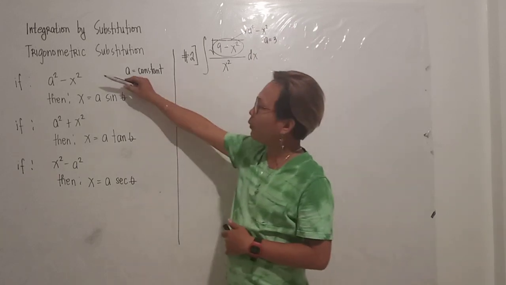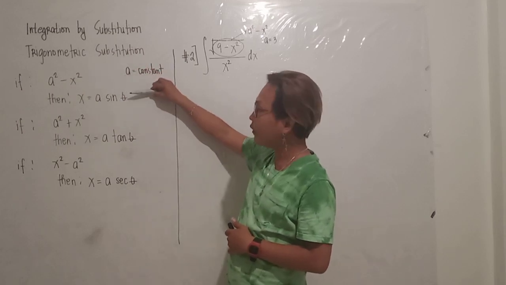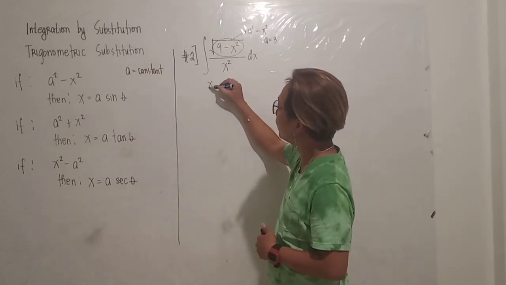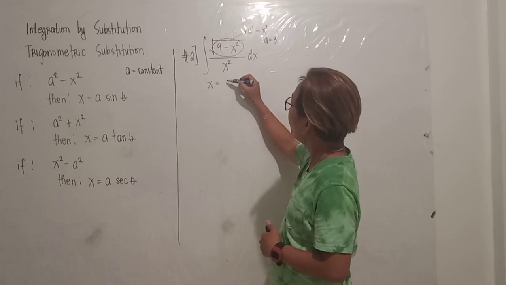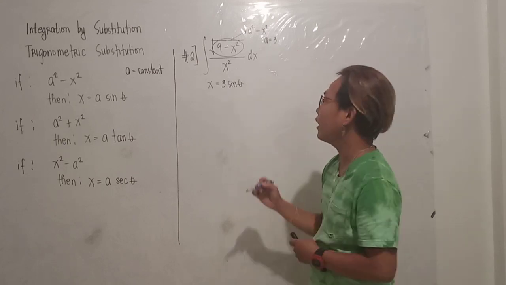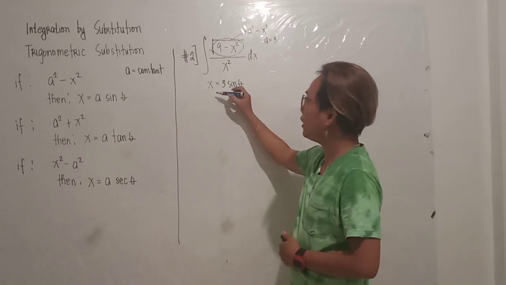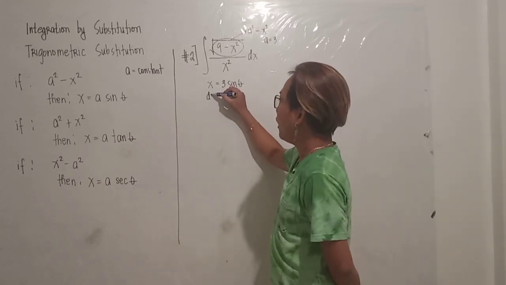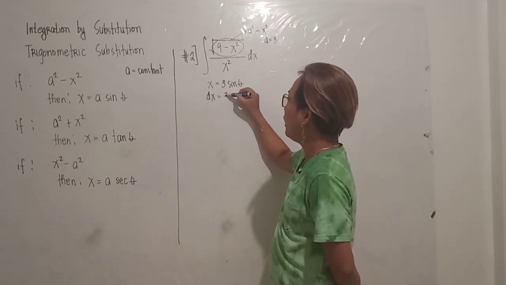So kapag a squared minus x squared, you have to let the value of x as a, which is 3, then sine of theta. Then taking the derivative of this equation, you now have dx equals 3